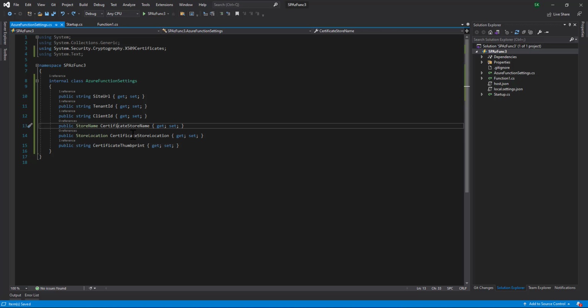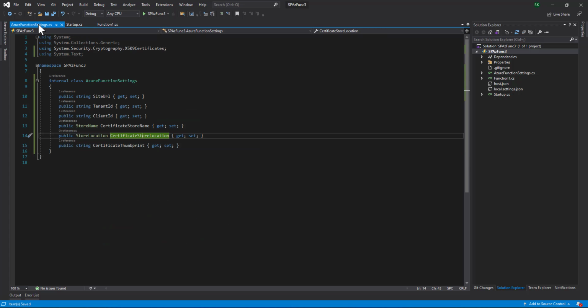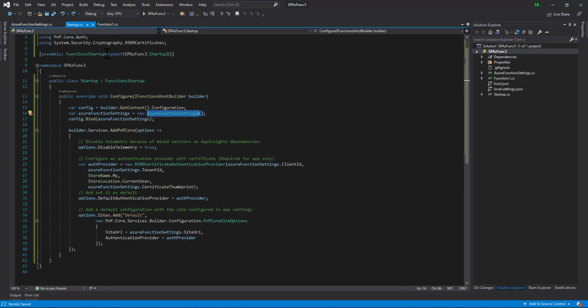The certificate store name and certificate store location are not required because we have already given them directly here, store name My, current user, which you can also specify using the configuration. And the last is the certificate thumbprint. These are all the settings which we will be receiving from the local.settings when running locally, and the same settings will be copied to your Azure function app.